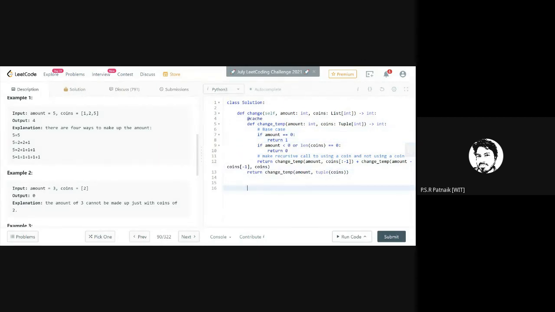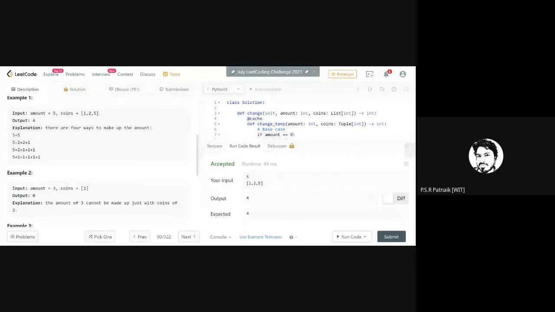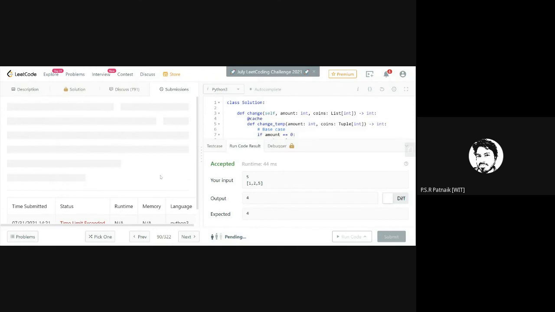The below function is the recursive function, so I need to take care that this is cacheable, not the above one. Okay, this is a tuple and runtime 4. Let us submit and see if the cases pass or not.